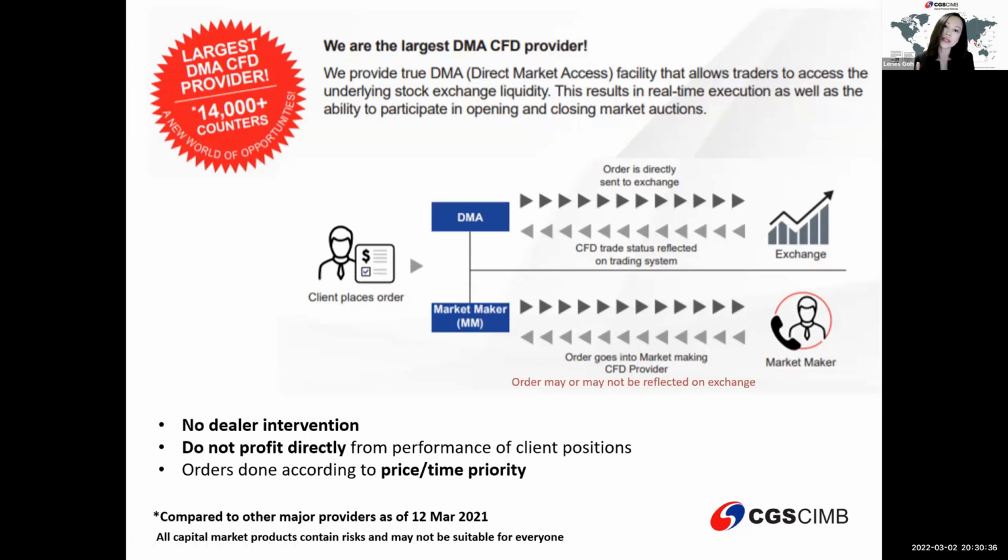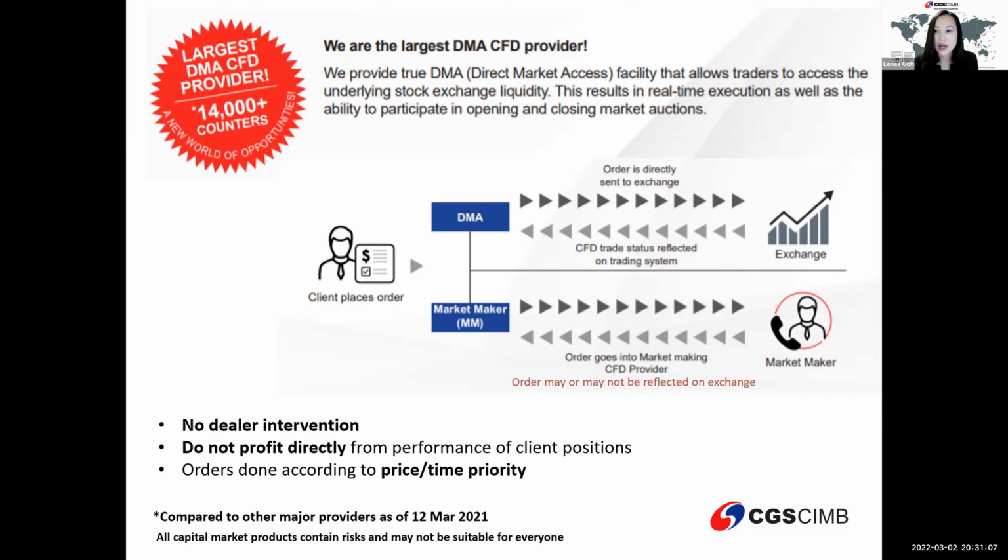So let's say the market is $10, 10.01, the bid and ask price. You queue at $10 to buy, and you know where your queue is because you're queuing right in front. If somebody's selling at $10, you know that your queue is there, somebody hits you, and your order will be filled. It's very transparent. The DMA model is exactly the same. You will have price or time priority. But for market makers, that is not the same case.